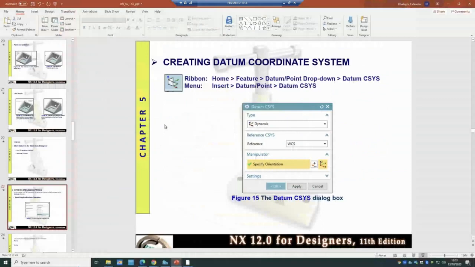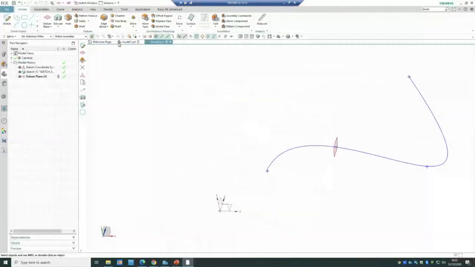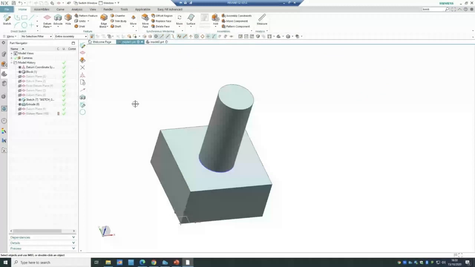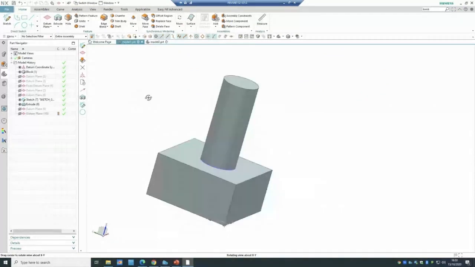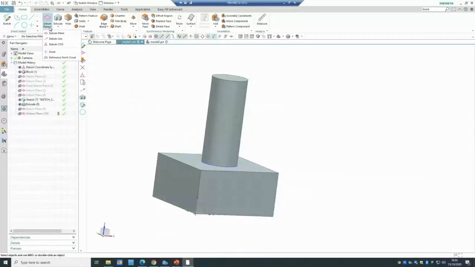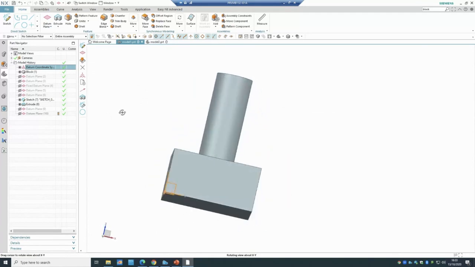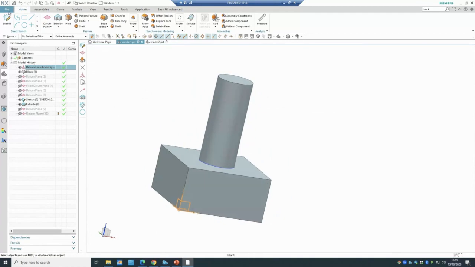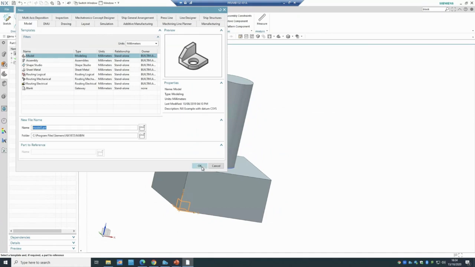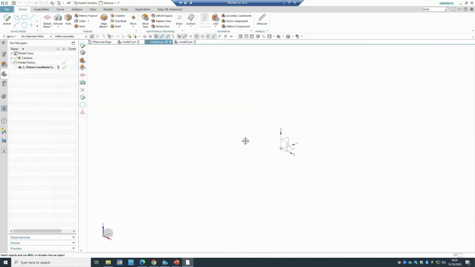And let's practice this one together again. Okay, so we'll go back to the main model that I created there. This time I'm going to create a new datum coordination system. If I go to the first one, you see that's the main coordination system that I used, and this one is 0, 0, 0. Whenever I create a new file and go to the model, the software always gives me a coordination system, which is 0, 0, 0. This one is the absolute. So based on that, I would be able to create the new coordinations